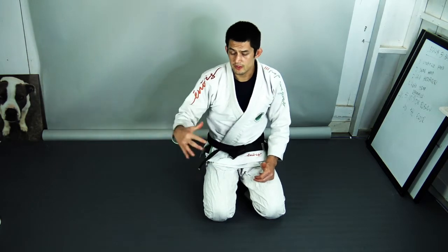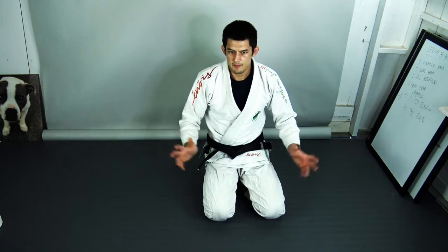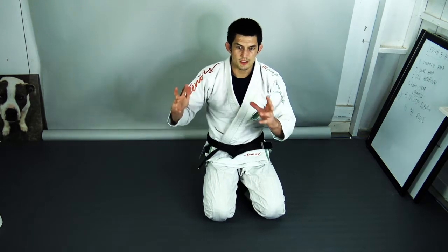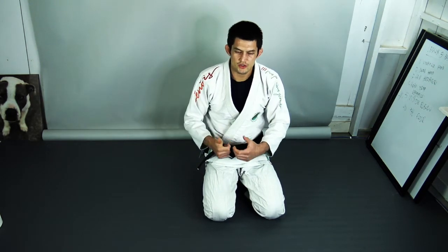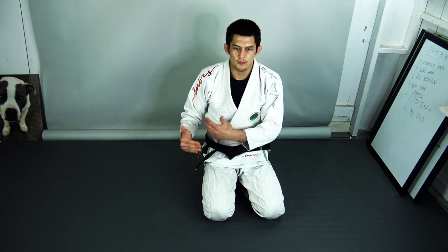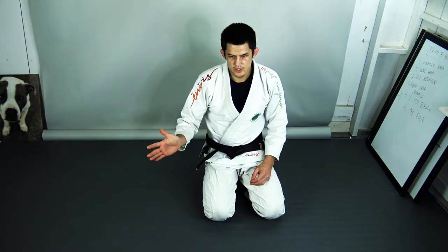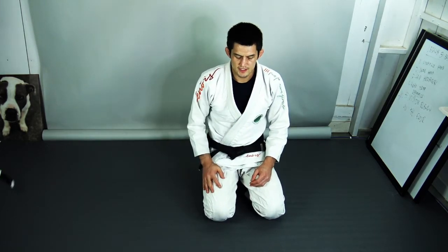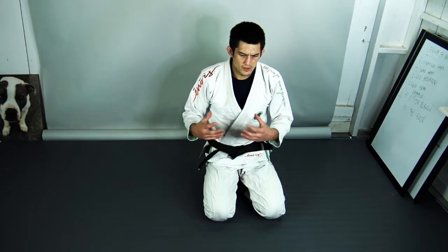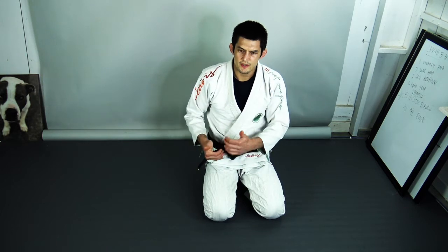The approach we've been using is to start from an offensive position where, let's say everything just happened to go right and you wake up one morning, you're on someone's back and you're able to apply a strangle. What would that look like? And what would the priority or the mechanics involve? Okay, and again, there's pluses and minuses to this approach. One of the pieces that I tend to lean into is that